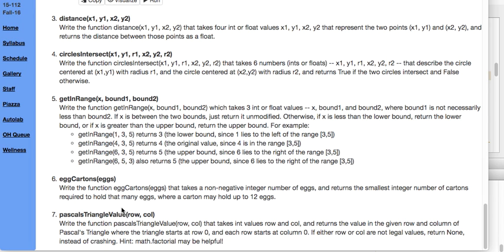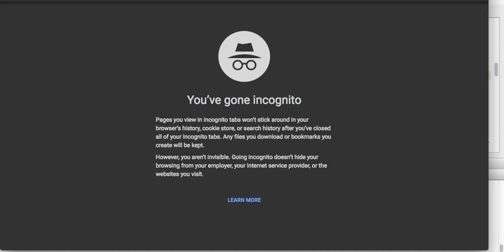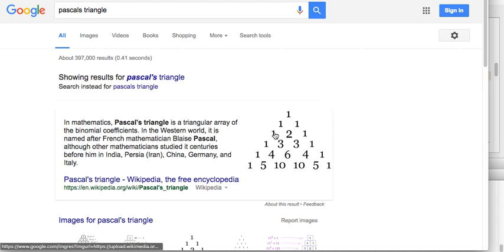Okay, we'll solve Pascal's triangle value now. Given a row and a column in Pascal's triangle, return the value in the given row and column. Now, this may seem difficult to do because Pascal's triangle, if we look at Pascal's triangle, we see, like, if